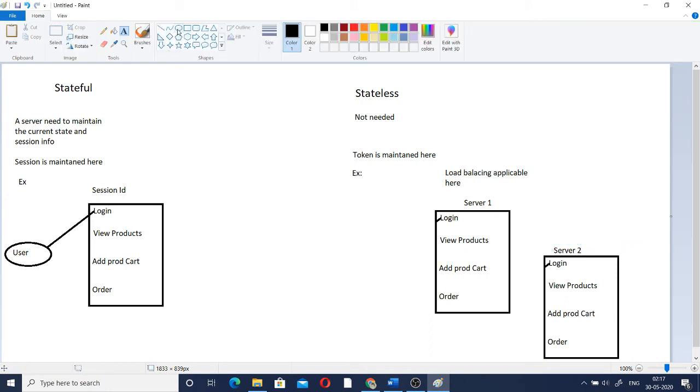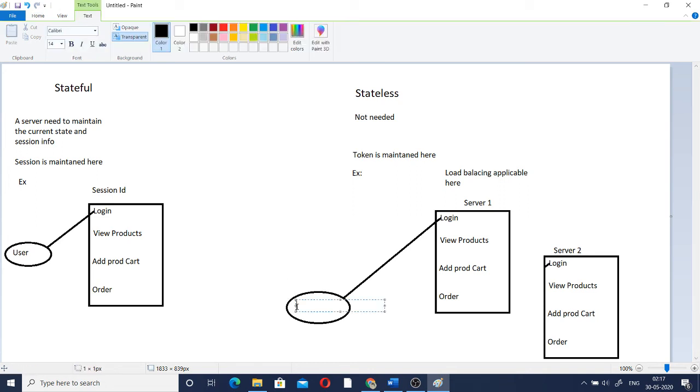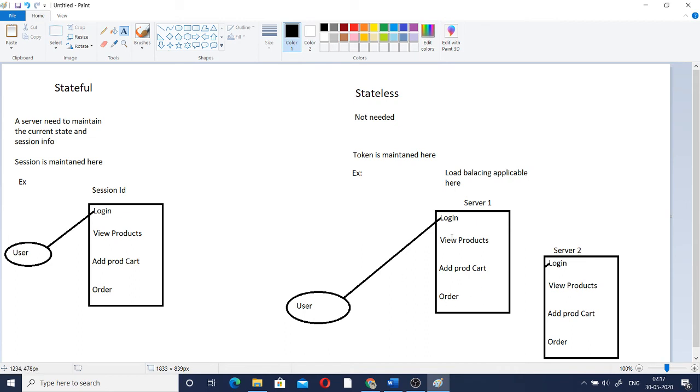So here the user initially will log into server 1 based on the usual user ID and password, and this user will be getting the token from the server.